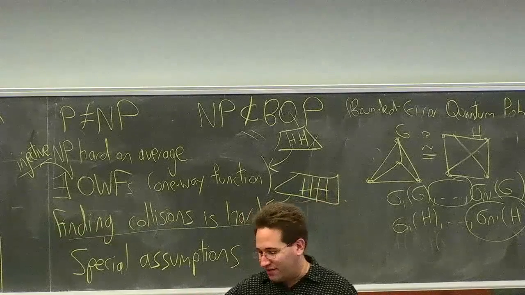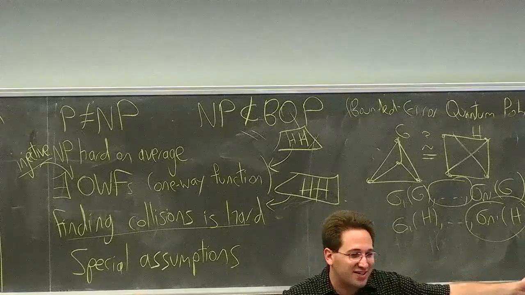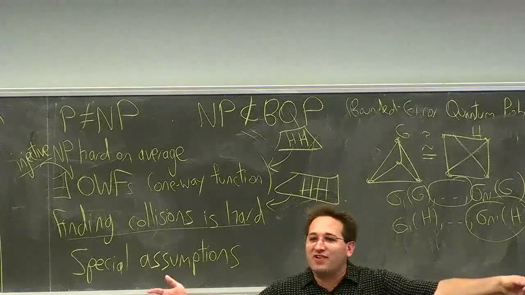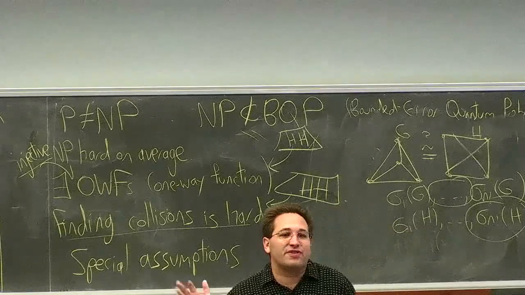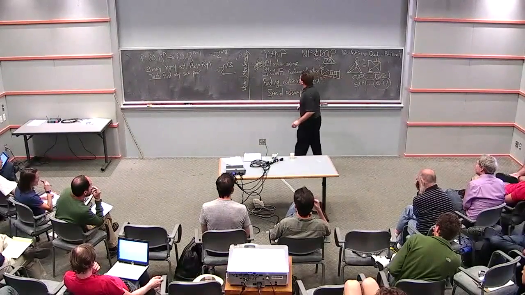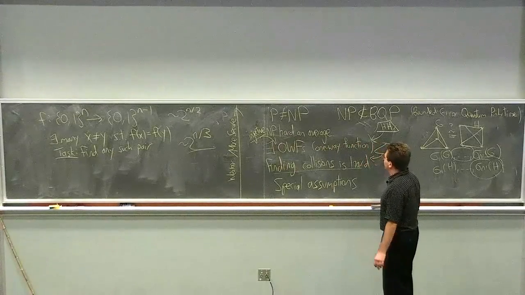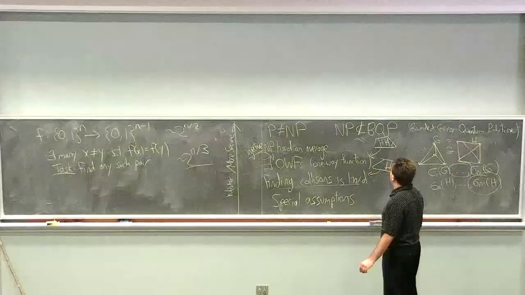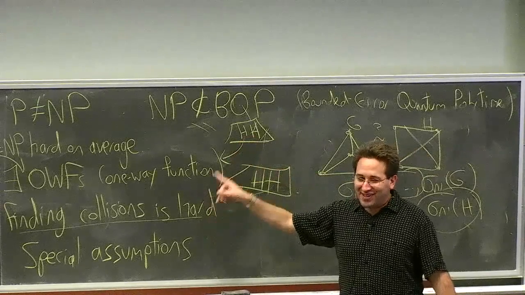Because let's say you have a function with n input bits and, let's say, more than 2n output bits, right? It's just enough output bits to evade the birthday paradox. Then probably, if your function is sort of random, with high probability there won't be any collisions anyway. So this is a pretty reasonable belief, that there's an injective one-way function that's hard to invert by a quantum computer. Now, it might not be obvious that this belief is any better or more secure than that belief, but